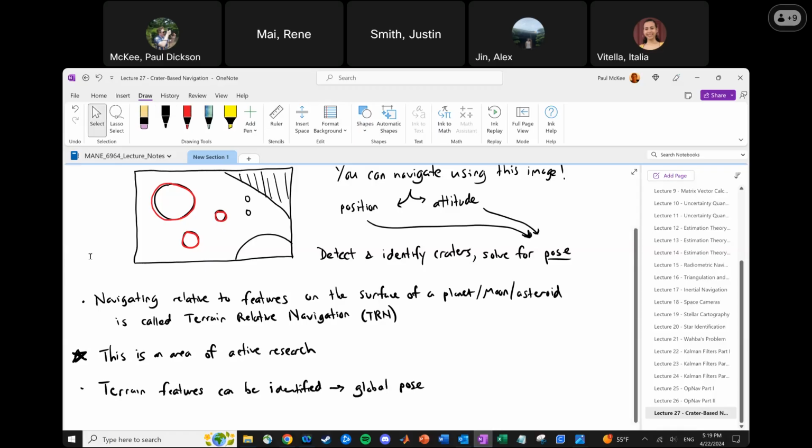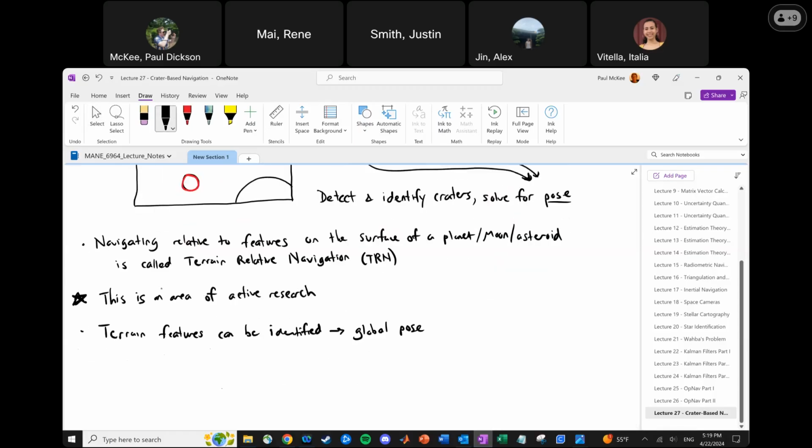In plain English, this would be something like, I know my latitude and longitude because I know the name of that crater. So when I think of global pose, we're thinking of latitude, longitude, in some global reference frame. Or